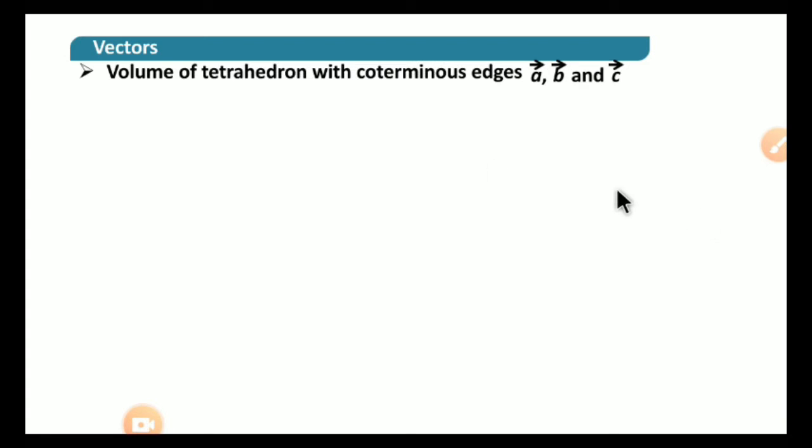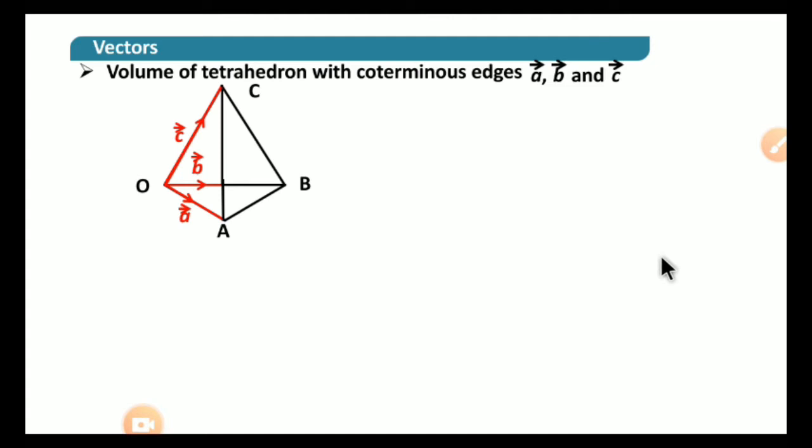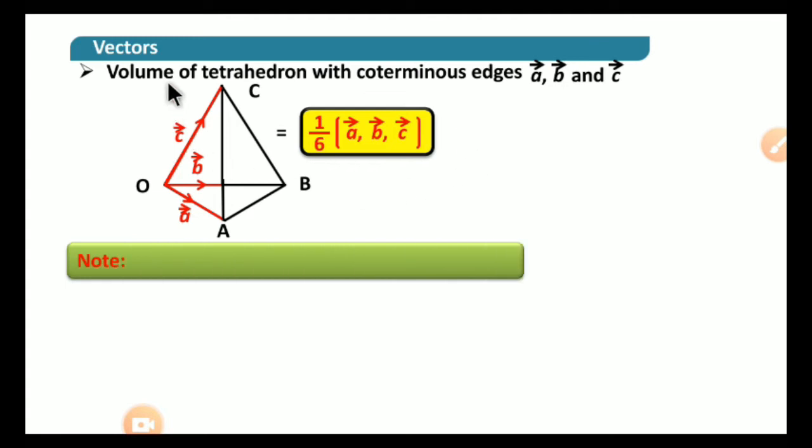Again another application: volume of tetrahedron with coterminous edges A, B and C. So I am going to give this tetrahedron shape here. We have A, B, C. These are the three coterminous edges. So its volume will be equal to 1 by 6 into the box product of A, B, C. Here the proof is not needed. So just remember the formula for this volume of